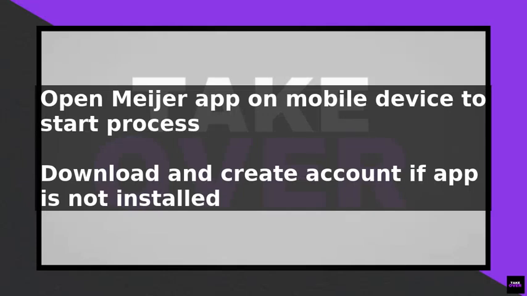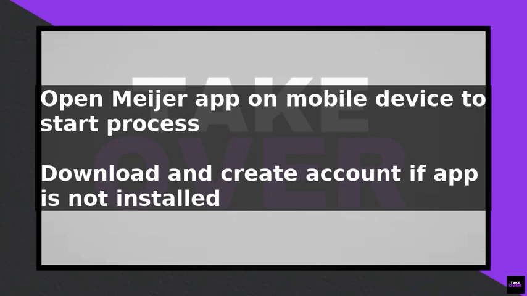To add your EBT Snap card to the Meijer app, start by opening the Meijer app on your mobile device. If you do not have the app, download it from the App Store and create an account or log in if you already have one. Once you are logged in, navigate to the menu and select the option that says Payment Methods or Add Payment